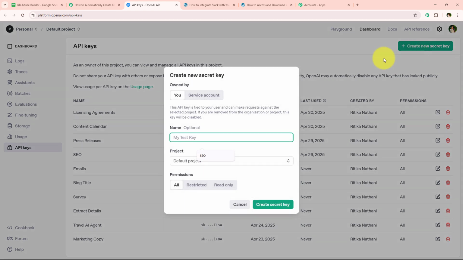For that I'm simply going to click on this create new secret key, and now it is asking me for the name of the key. So I'm simply going to enter the name of the key right over here, which is articles. And after entering this name of the key, I'm simply going to click on this green button